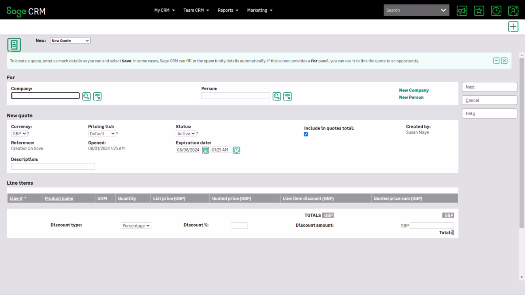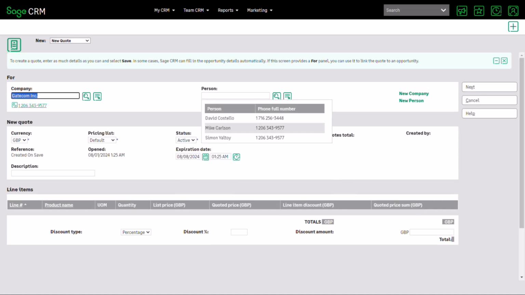And here you can see that I am clear of any context, because I've got at the top part of the screen the ability to select the company and the person for which this new quote is going to be created. Now, I'm going to set up a quote for a company like Gatecom. So I look for Gatecom, and I can then choose the person, and I choose the person that I want,